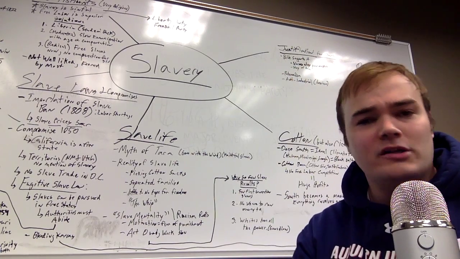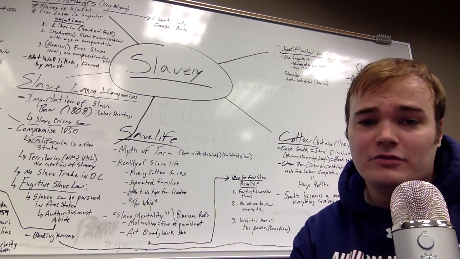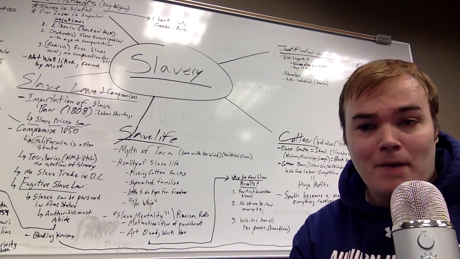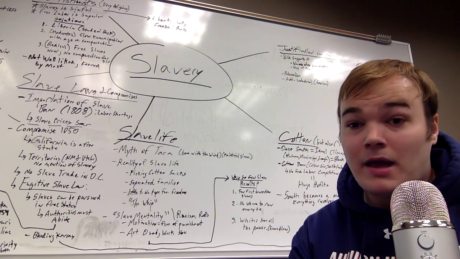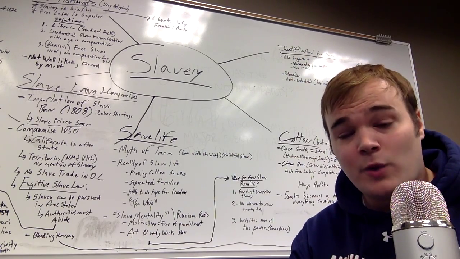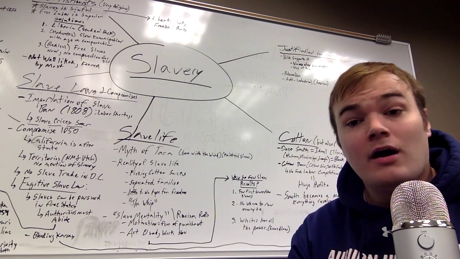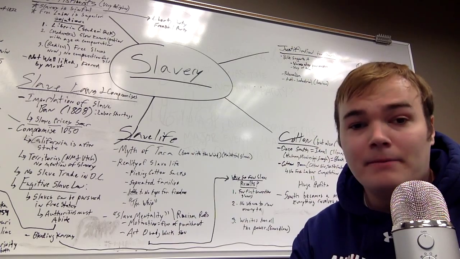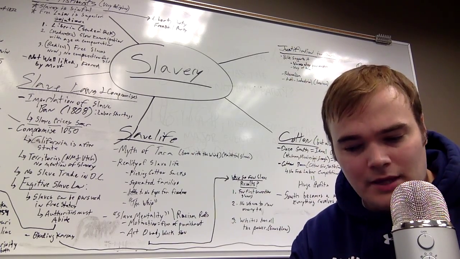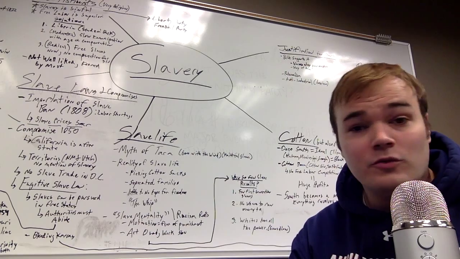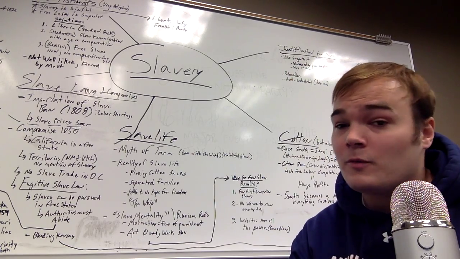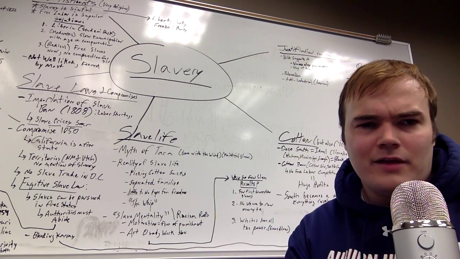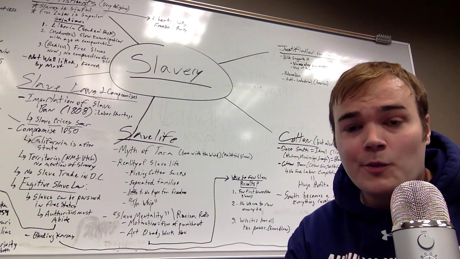Another thing is the separation of families. This is really going to get under abolitionist skin. Because slaves were such an incredible commodity, especially after the ban on the importation of slaves in 1808, slaves are going to be constantly bought and sold, and it doesn't really matter if there's family ties or not, because we're talking about property, not human beings. So a lot of times you would have children separated from mothers or husbands separated from wives. This is going to drive abolitionists crazy, and it's also going to make life really psychologically terrible for a lot of slaves.